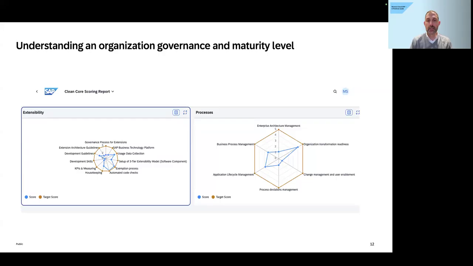I brought extensibility just to show you it has more facets because it has more practices to look into. It looks a little bit different, but there is a difference. And the bigger the difference, the more actions it would take in order to reach the